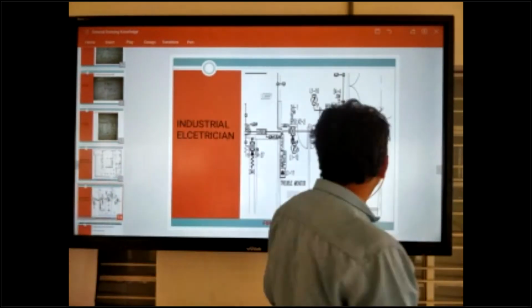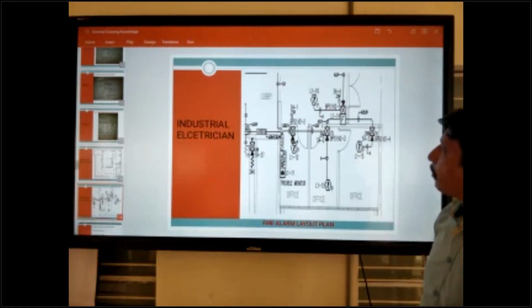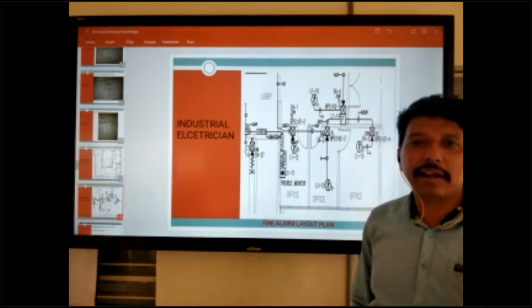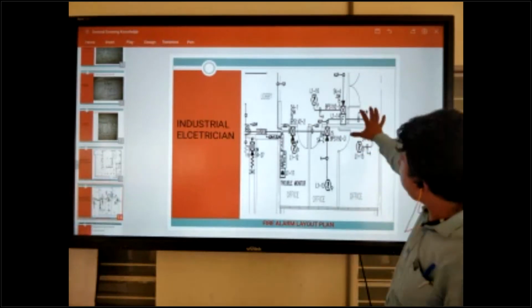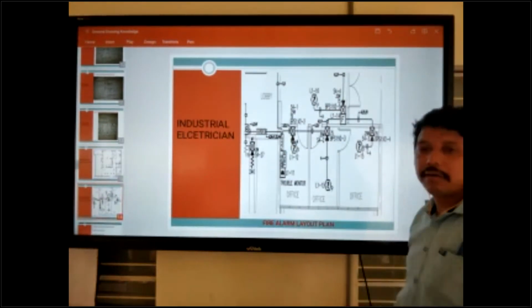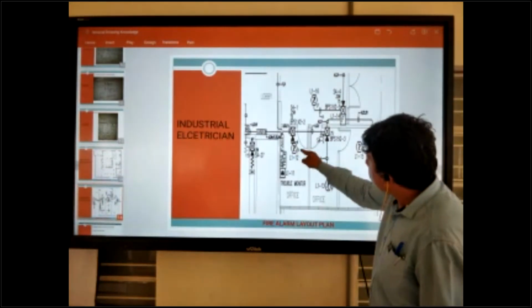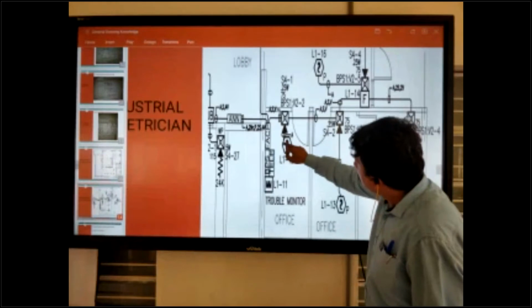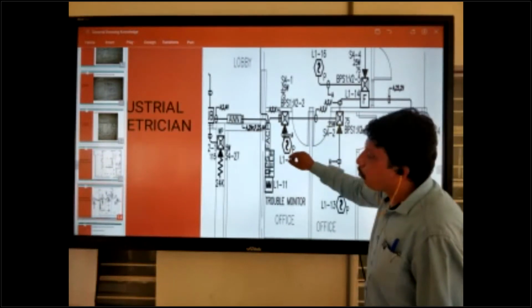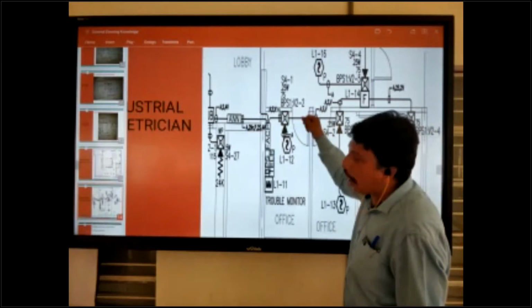Fire alarm layout plan. Fire alarm. So electrical section inside also you can do in fire alarm system also. We have the course also fire alarm. So this is fire alarm layout drawing. So this is the symbol of smoke detector. This is the symbol of sounder.